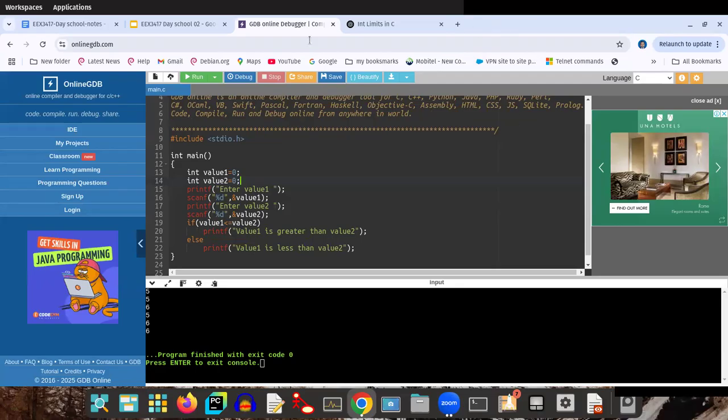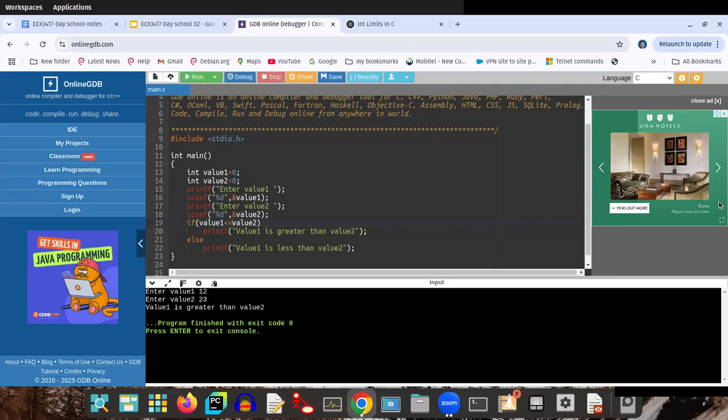If you want to write equal, we have to write double equal sign. Okay, less than or equal. If you write equal, or here less than or equal, greater than, we can write equal. Okay,